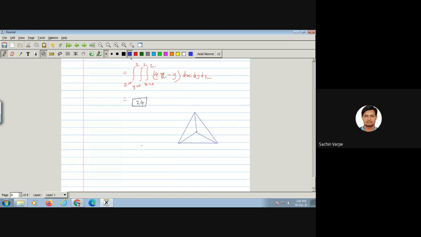So when I have to find out the xyz limits for the tetrahedron, I'll start with this point. Suppose that point is the origin 0 0 0. Suppose the tetrahedron is along the coordinate axes. Okay, so I'll consider the rectangular strip which starts from 0 0 0 to this front surface. Can you see this front surface? This one? Hello. Yes, sir. So can you visualize the moving of that rectangular strip from this point to the front surface?